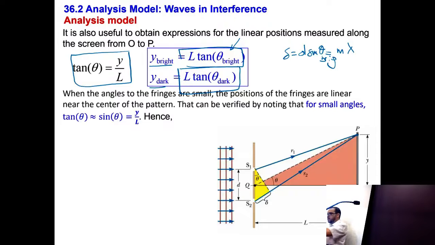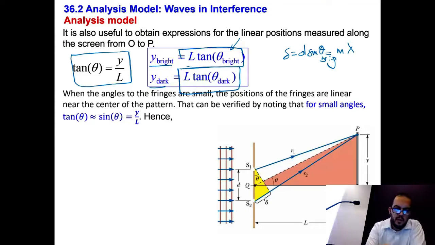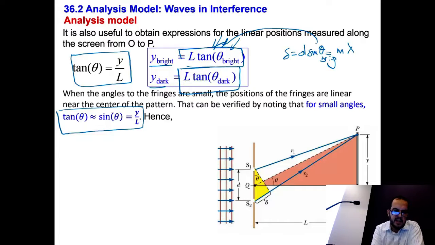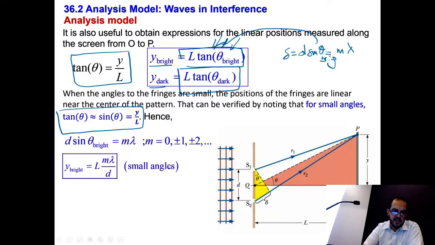Let's say theta is plus or minus 15 degrees. So it's a small angle. For a small angle, we can do the approximation: tangent theta is approximately equal to sine theta. So we can replace tangent theta by sine of theta. Since tangent theta is equal to y over L, for small angles, we can get that